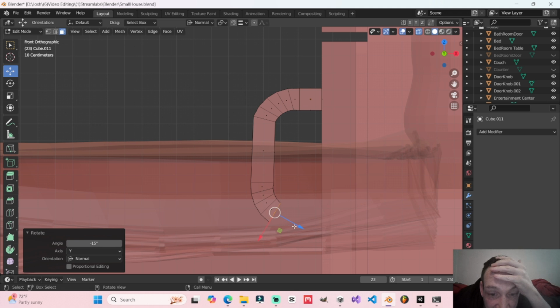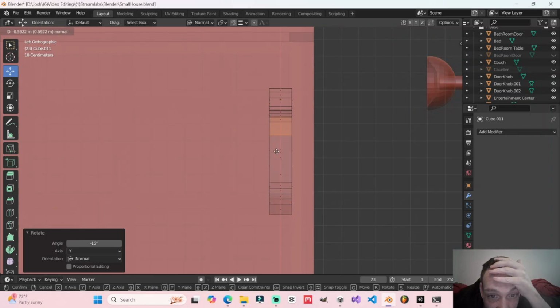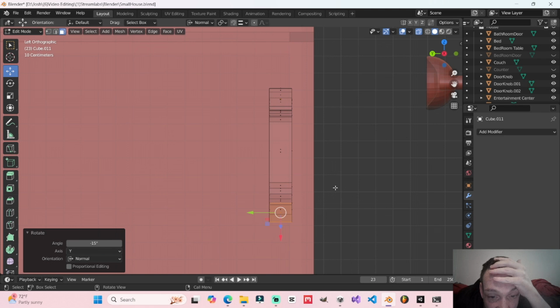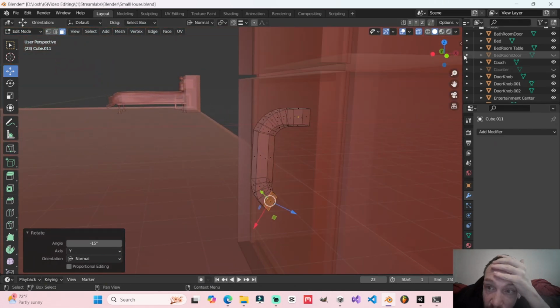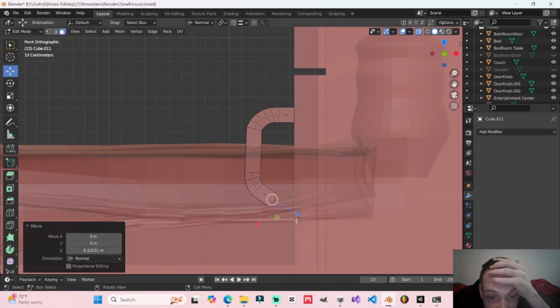Everything's still aligned, it looks like. So we could bring it over like that. We're gonna try something here. Hopefully this works. We're gonna save it just in case we want to come back, so I don't have to redo this whole thing again. Save it, and I'm gonna do E